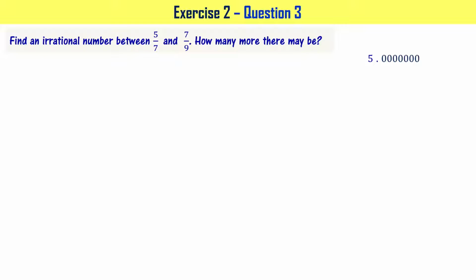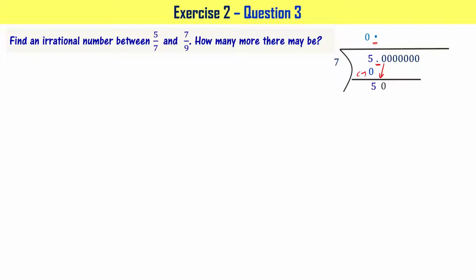5 by 7, let's find the decimal expansion of 5 by 7, right? I'm writing 5.000 and so on, and 7 as shown here. We know that 5 is smaller than 7, that's why 0 times 7 is 0. When you subtract 0 from 5, what you get is 5, right? Now since we have arrived at the dot, we have to put the dot in the quotient also. Let's put that. Then bring the first 0 down. Then it becomes 50, right?